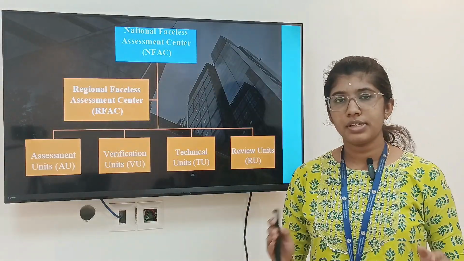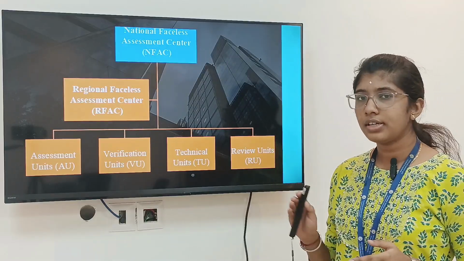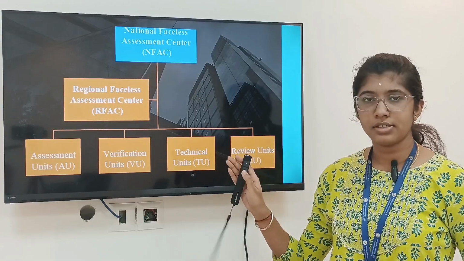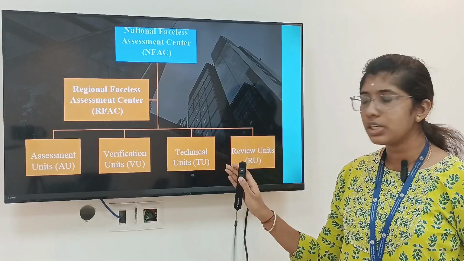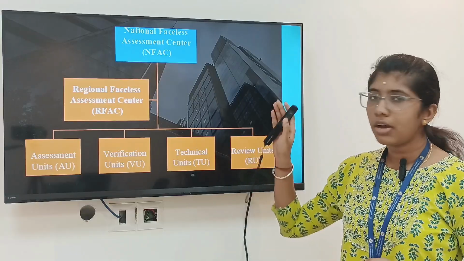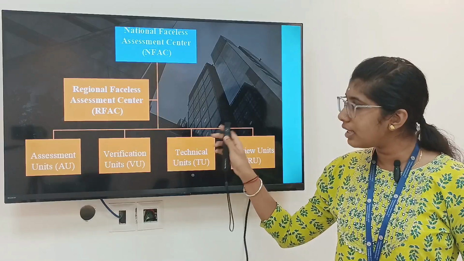Next, the structure of the faceless assessment. There is a National Faceless Assessment Center whose headquarters is in New Delhi. Under that, there is a Regional Faceless Assessment Center. Under that, there are 4 units: assessment units, verification units, technical units and review units. The cases will be allotted by the National Faceless Assessment Center to the regional center, where they are allotted to